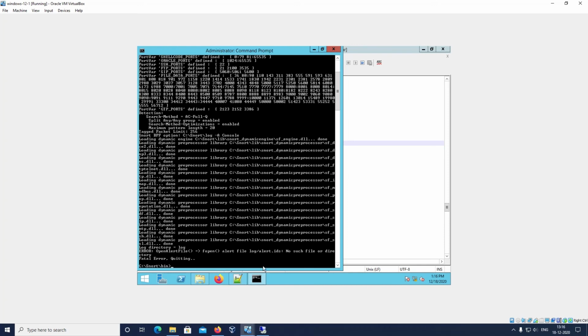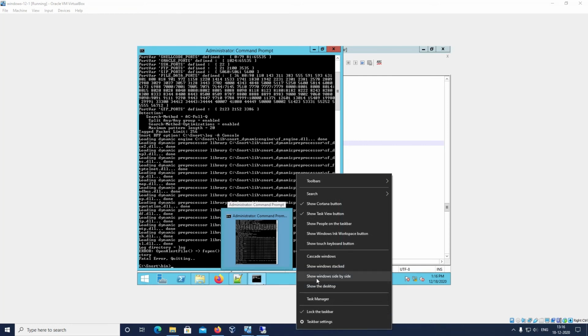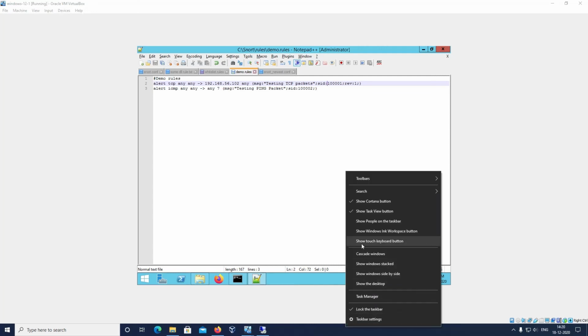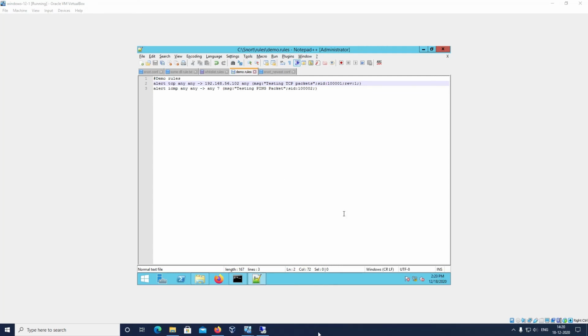Okay, still the error persists. We will check again what the issue is. So the problem was with the rule which we have written, where we have placed SID instead of colon. We have given this, so we will change it and keep it as